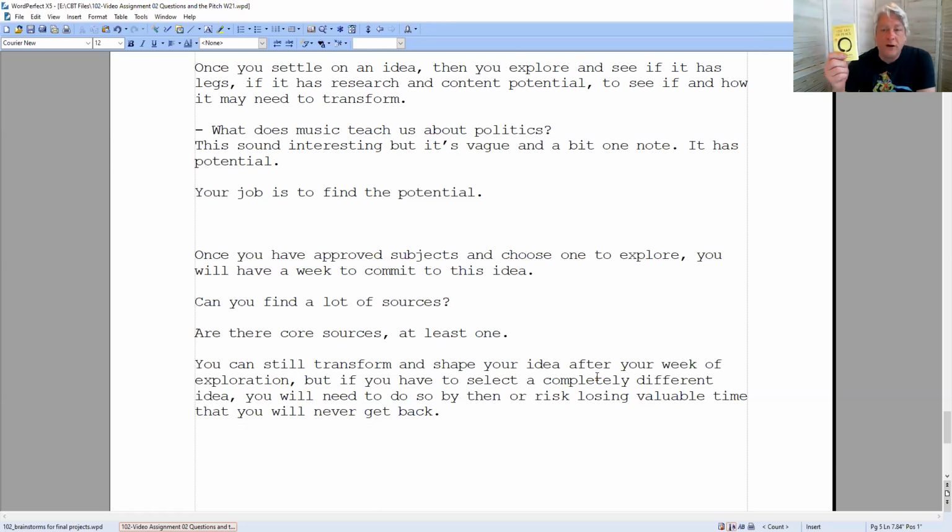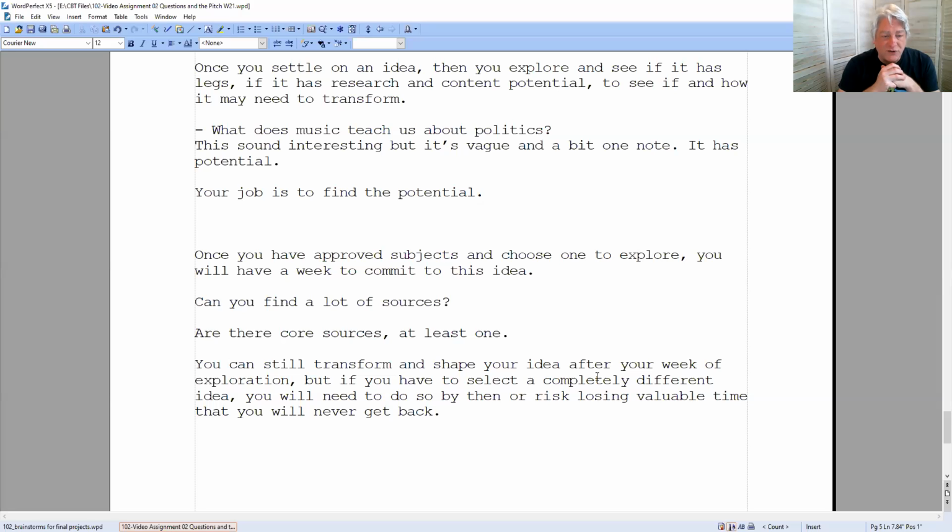For instance, here's another core source I might use. It's a book about Aikido and philosophy of peace. So what does Aikido teach us about peace or being peaceful? Is pretty much explaining what the thing explains, but it has potential. So sometimes finding core sources, finding interesting books, finding interesting articles, as long as then you can look and see if you can find more, might be good places to start.